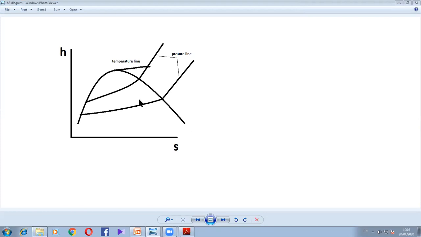These are the pressure lines. If I show the two pressure lines, this is the boiler pressure line and this is the condenser pressure line, and the temperature follows like this. When I take the temperature line, you'll have it like this. Okay, here like this it will follow. So the same thing I will show on the